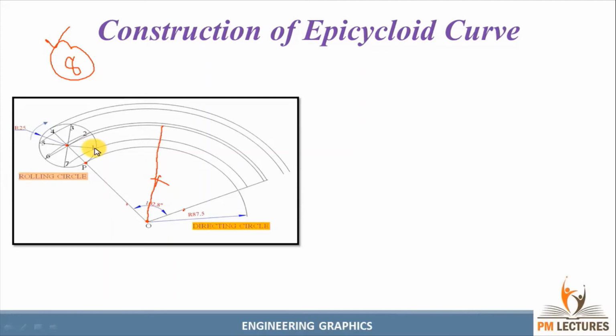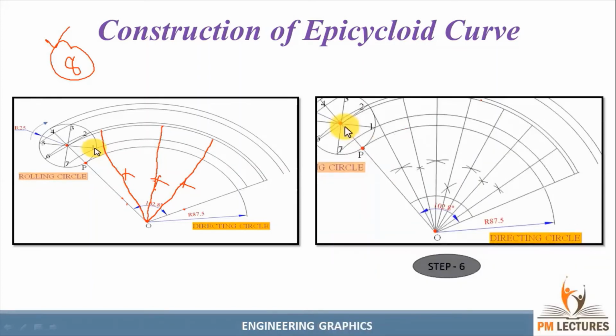Then again take your compass and measure any of these distances. Similarly, keep it there itself and put an arc. Similarly, here put an arc, and up to here. I can measure the distance here also, make an arc from here and another one, and we can draw a line. So like this we can divide into 8 equal halves. See here, finally it will look like this, guys. Very easy step.